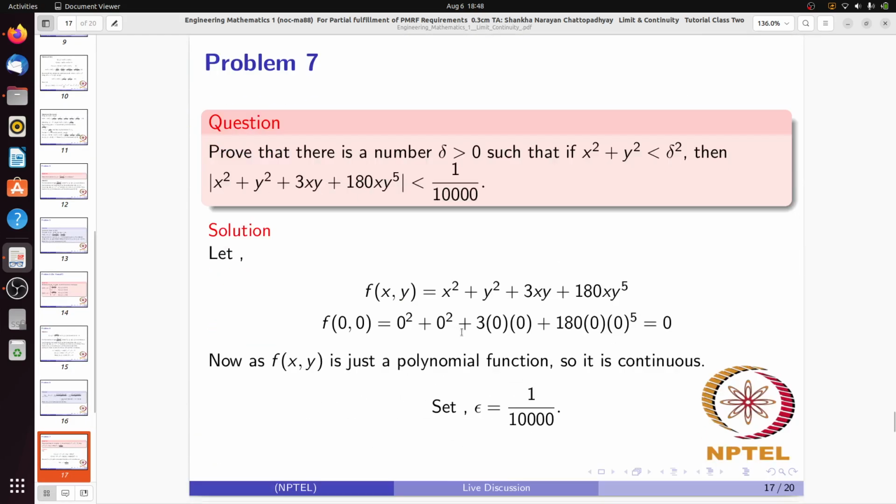So problem number 7, it is a very good problem. See, x square plus y square plus 6xy plus 180xy to the power 5, it is just a polynomial function. And polynomial functions are very nice functions because the continuity and differentiability